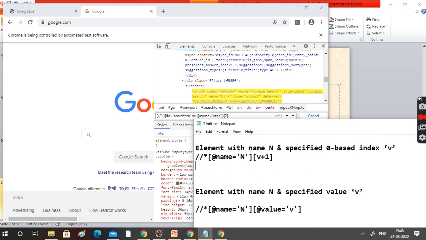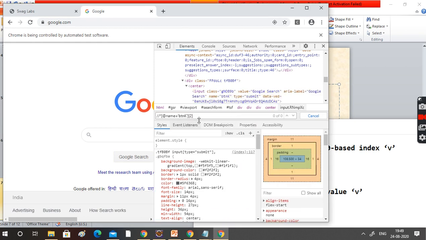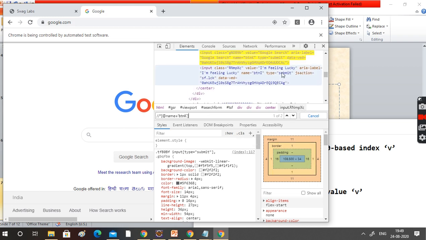Now, first technique hopefully you got it. I'm going to the second technique. What is the second technique saying actually? It's very similar. // and star. What does it mean? Any element. Star means all the elements, any elements, at name is equal to, okay, what is the name attribute? btnk. I am just referring to this yellow color DOM, right? btnk. I am saying this index is 2, right?